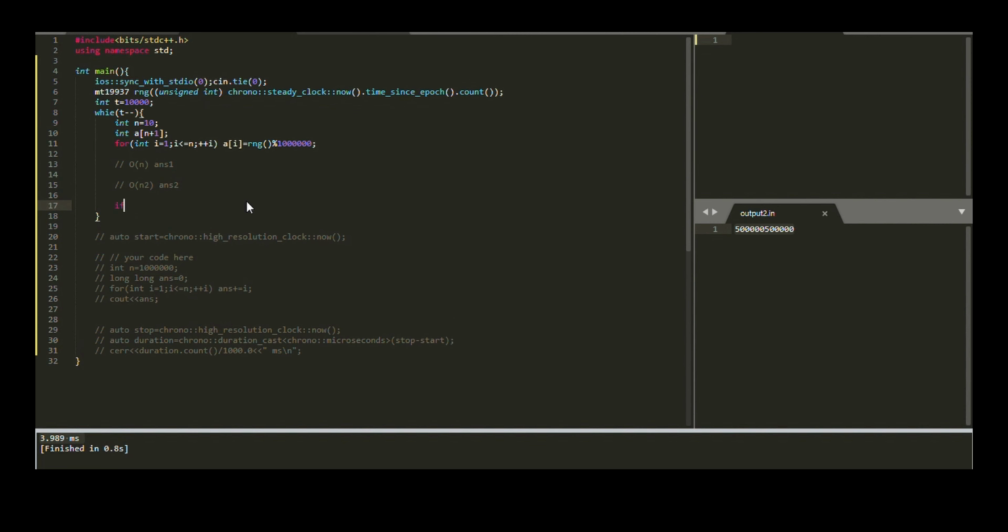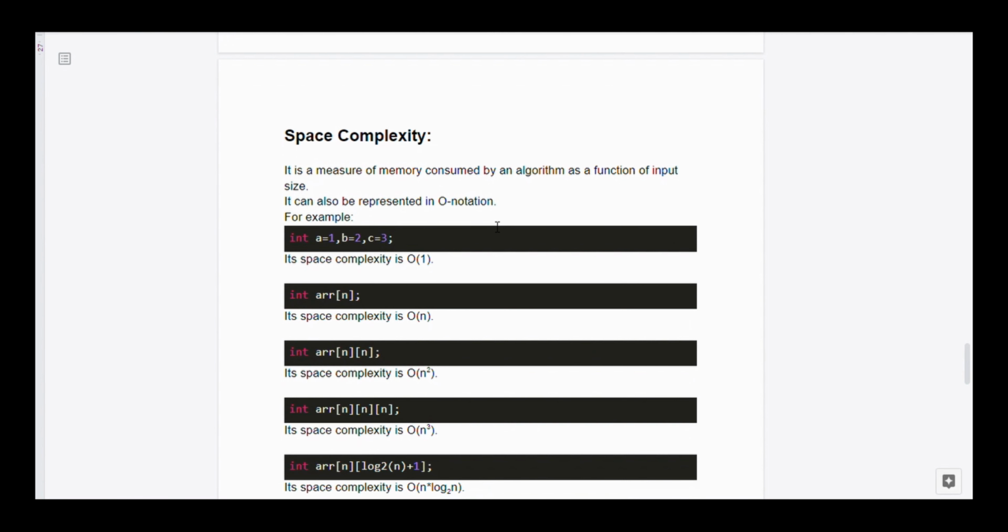Now if answer 1 is not equal to answer 2, simply output your integer array. By this you will get the test case at which your O(n) logic fails, and then you can make required changes.